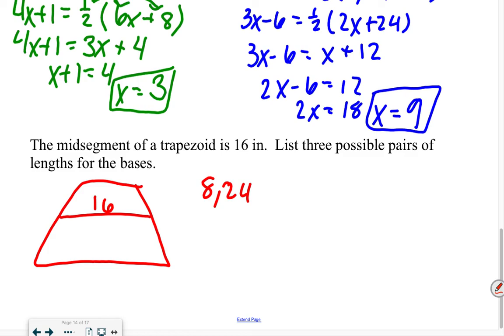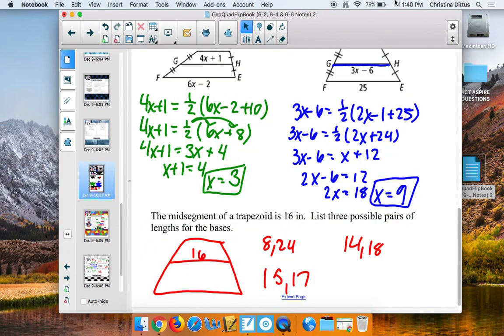What else works? Riley, come up with one. 15 and 17. Yeah, 15 and 17. Well, Ian, you look eager. You got one? 14 and 18. 14 and 18. 16 just has to be in the middle of them. 0 and 32. That's easy. Yeah, easy. Levi, what did you try to say? Levi is a champ. Okay, questions on